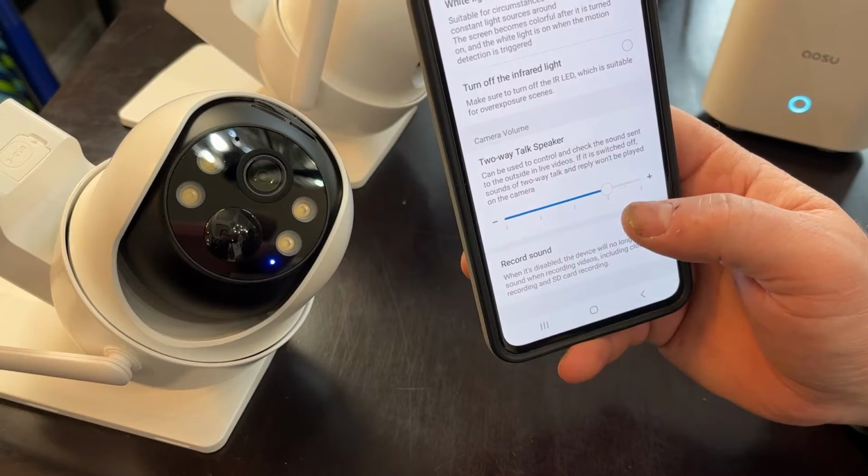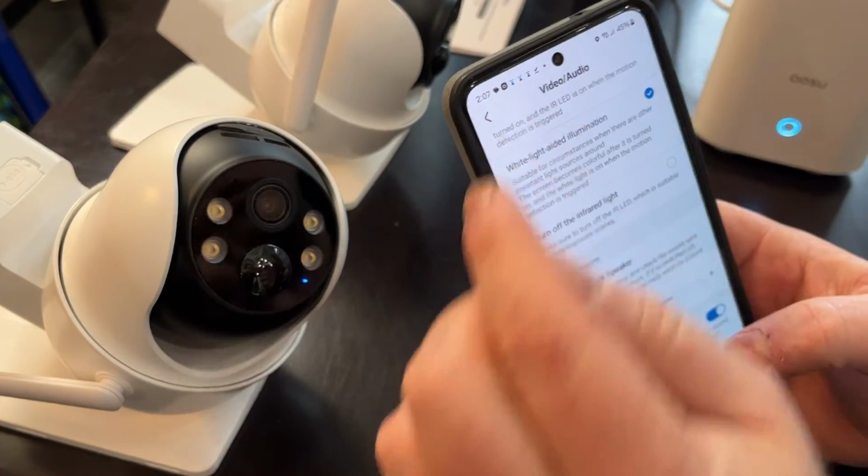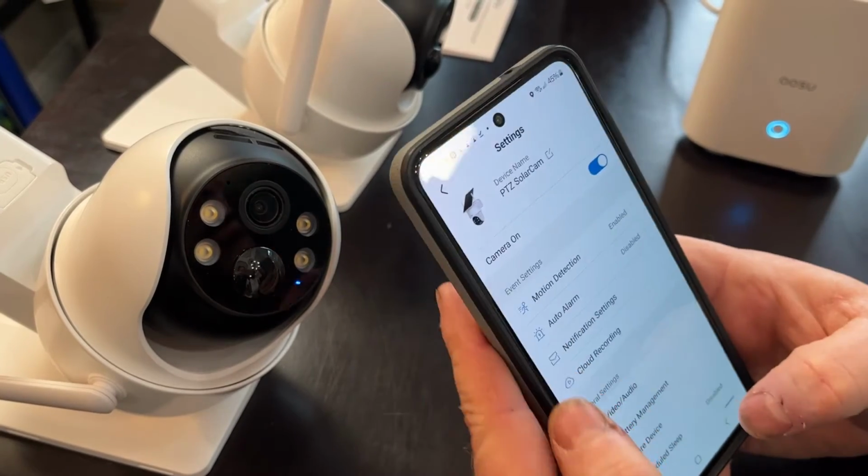It also has a two-way talk speaker and the ability to record sound. So when I go back to the live play,